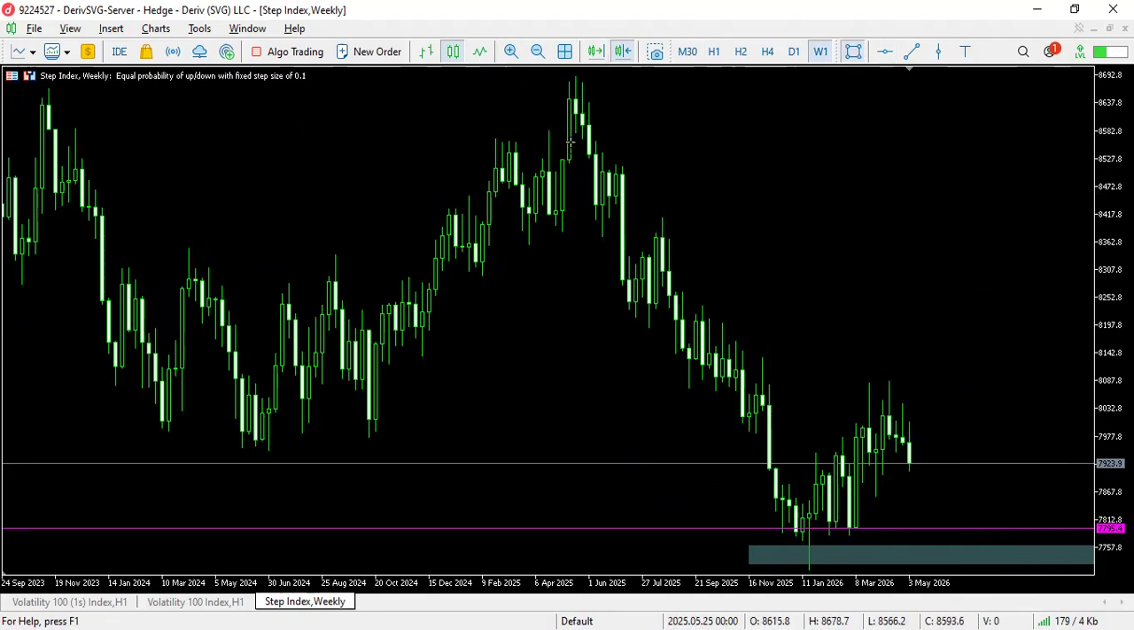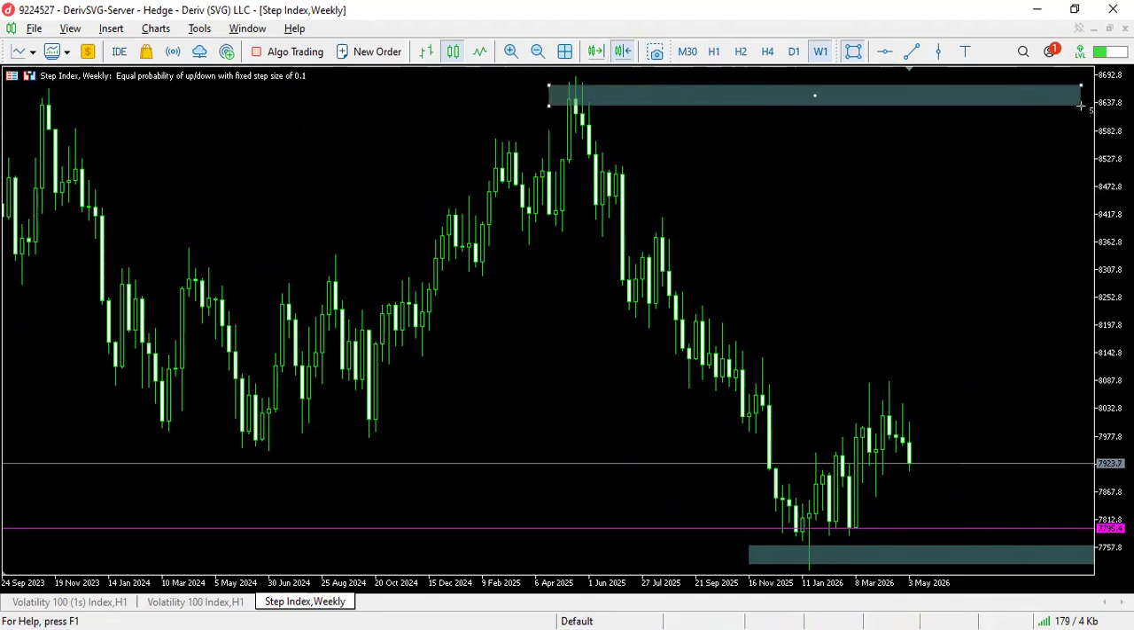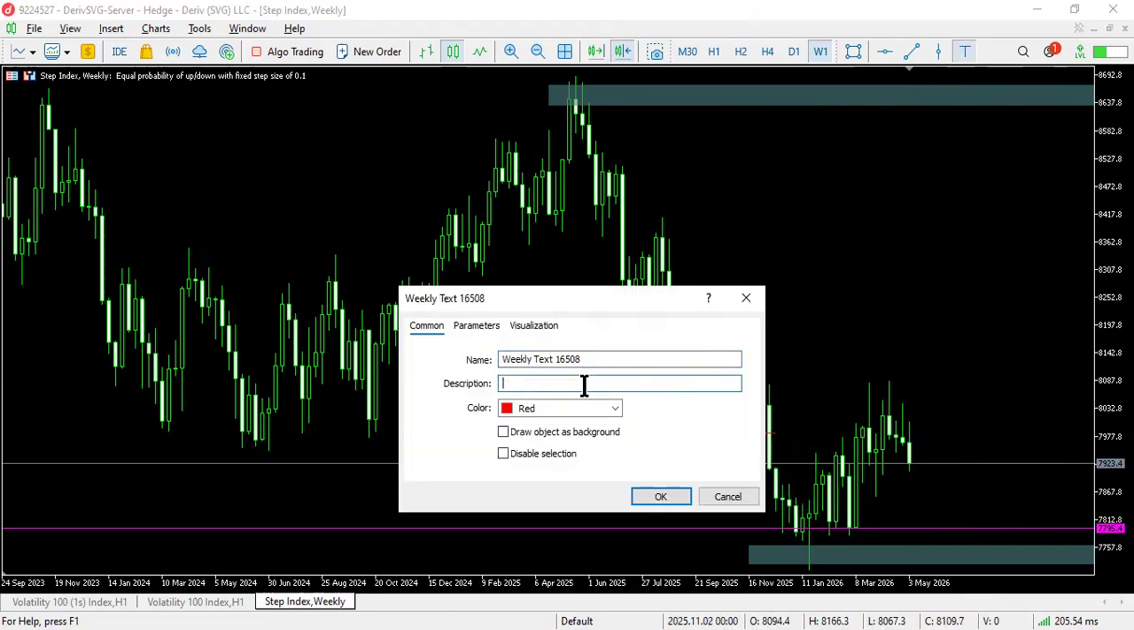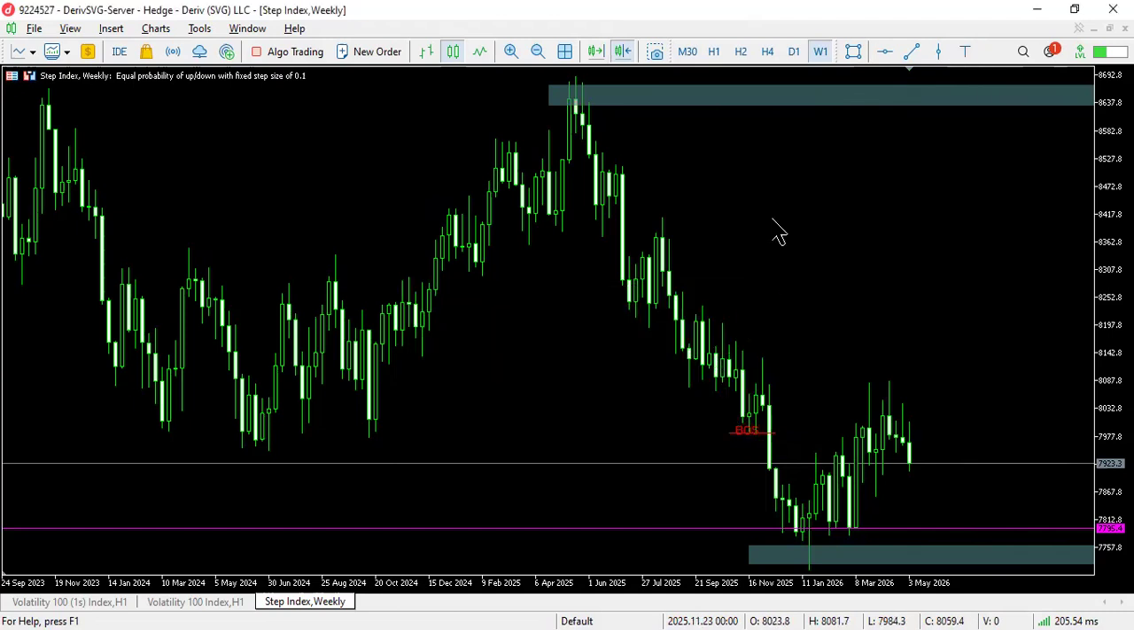And then we have a supply zone right there, but price is still far from that supply zone. And then we have our most recent break of structure right here. We have a break of structure. We have a break of structure right there, and then the order block which caused that break of structure from